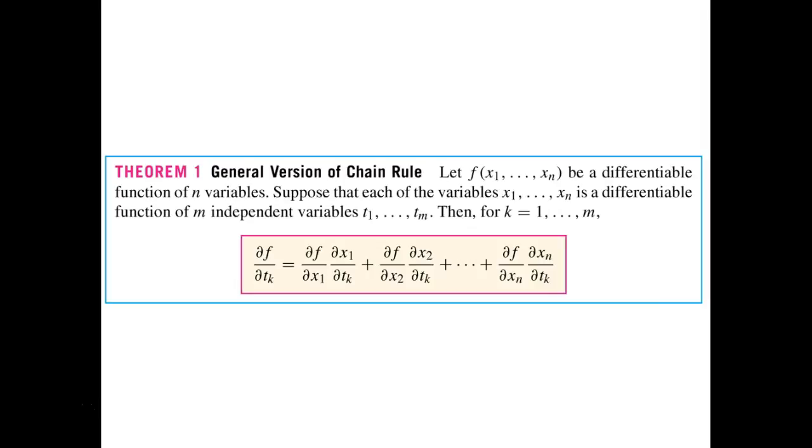Here's the general version of the chain rule. So, in this case, we're not limited to x, y, and z. Alpha is a function of n intermediate variables, x1, x2, x3, up to xn, a differentiable function in n variables. Suppose each of those variables, x1 through xn, is also a differentiable function of m independent variables, t1 through tm. No longer s and t, but t1 through tm. Then for tk, going from 1 to m, okay,